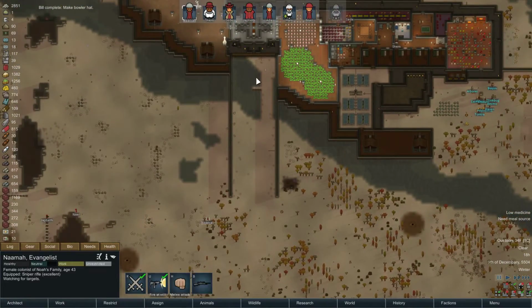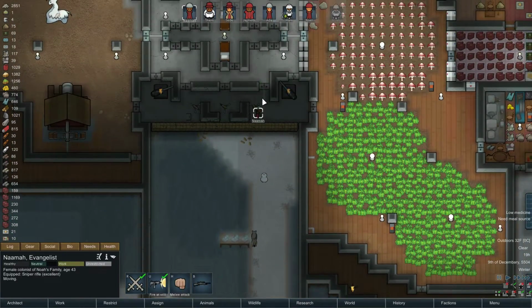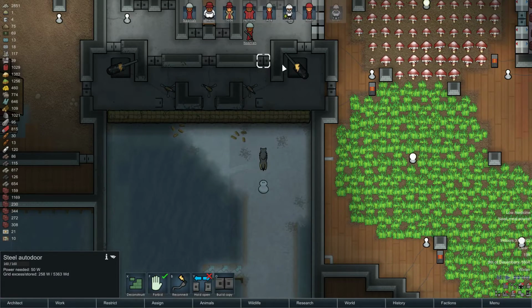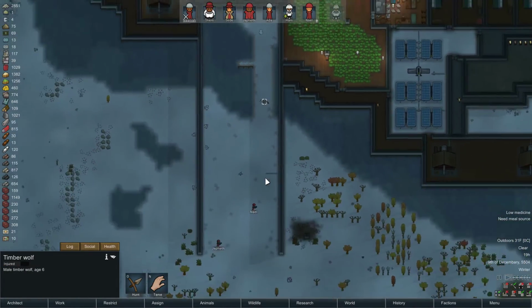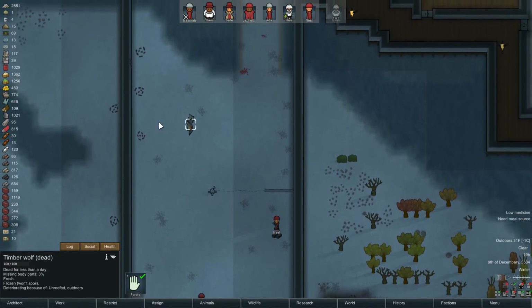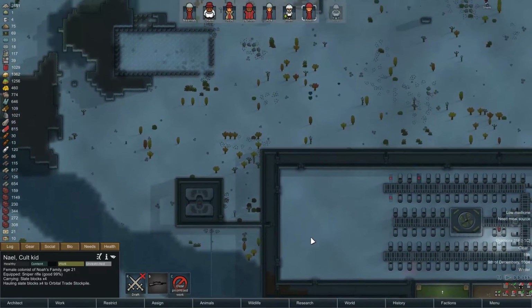Timberwolf is hunting Nama. Yeah, have fun with that. See, the thing is, Nama rolls deep. Timberwolves don't. Sorry, Mr. Wolf. No, you're not hunting anyone. See, here's the thing. I've got a lot of guns. Wolves do not. Looks like...